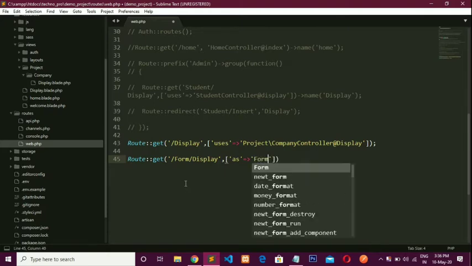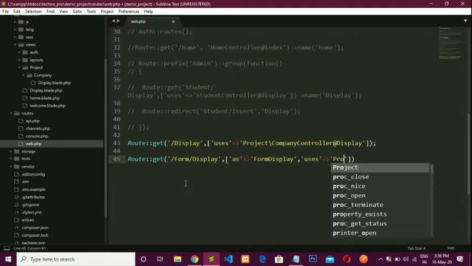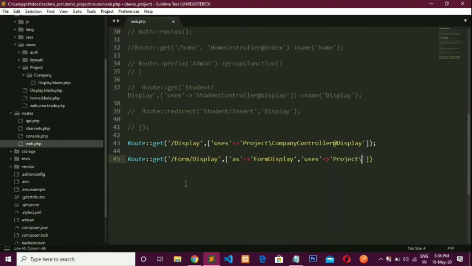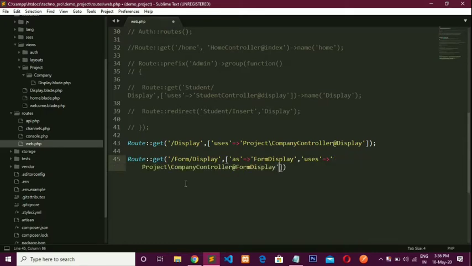So its name is form display, and the second variable is uses, which uses the company controller's form display method.